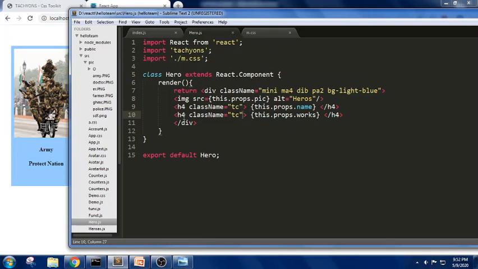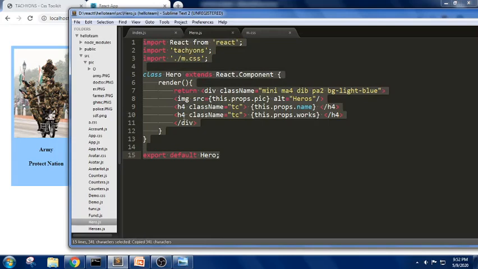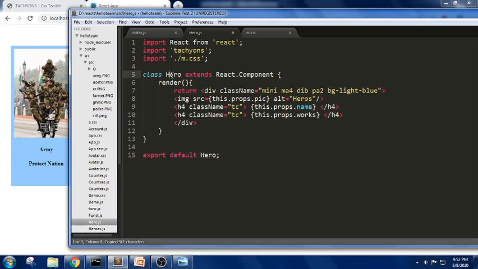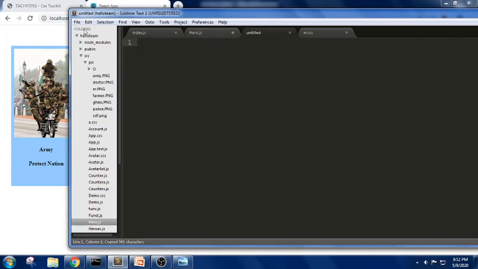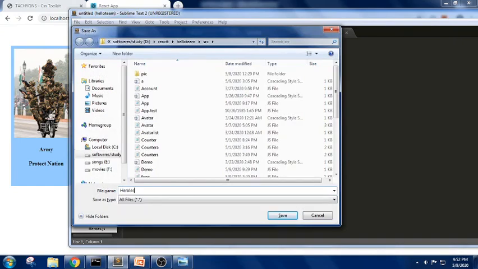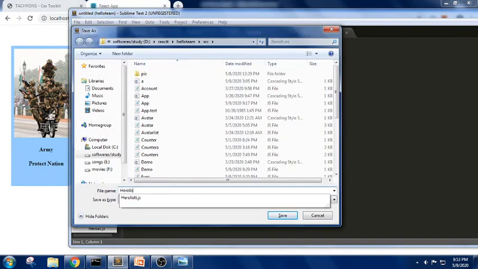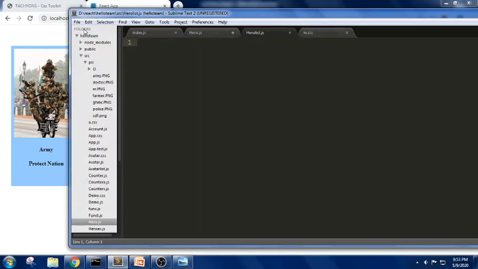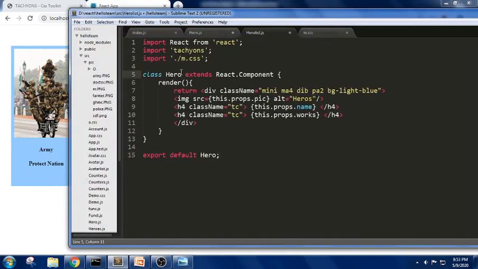Let me write heroes list.js. In this I'm trying to write hero list.